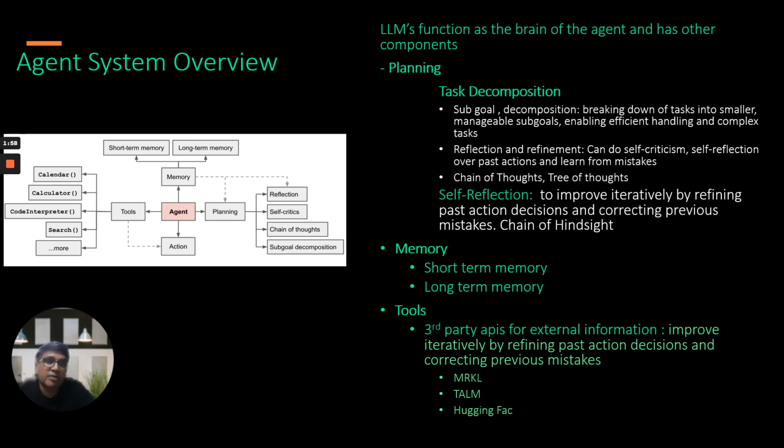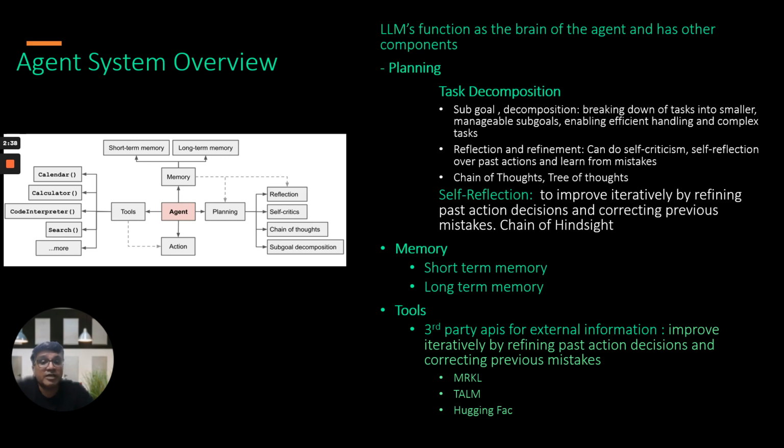Now, when you come down to tasks, a task can be very simple, in terms of one or two lines of question or what has to be done. But sometimes the task ends up being a lot more complicated. In situations like that, you are going to use something to break it down. As a human would, they would break down the task using some kind of chain of thoughts, and then eventually dig deeper into each task. That's where the tree of thoughts comes in, providing the right information to do the job. Self-reflection is more to improve iteratively by refining past action decisions and correcting previous mistakes.